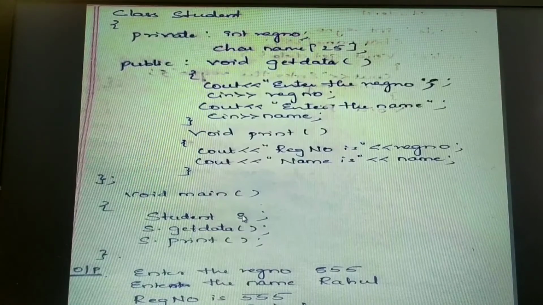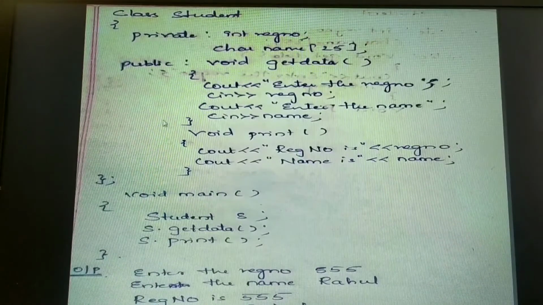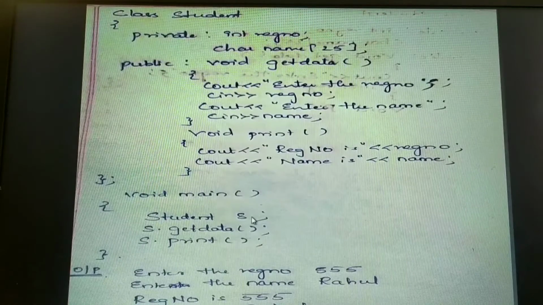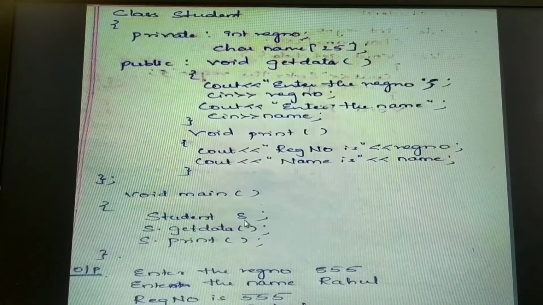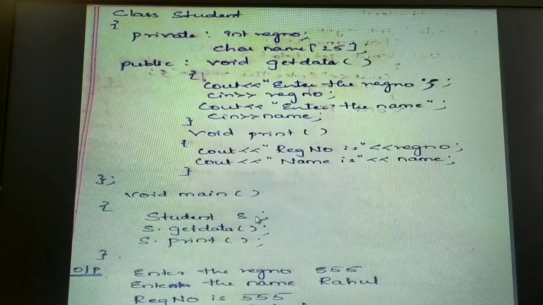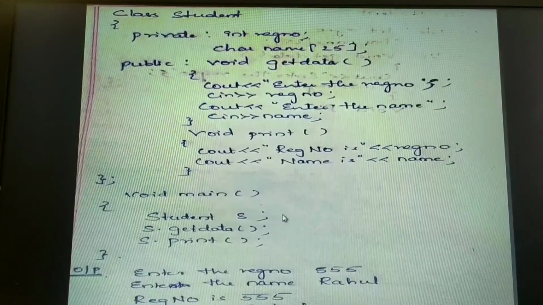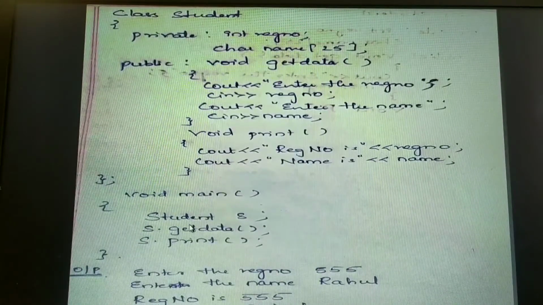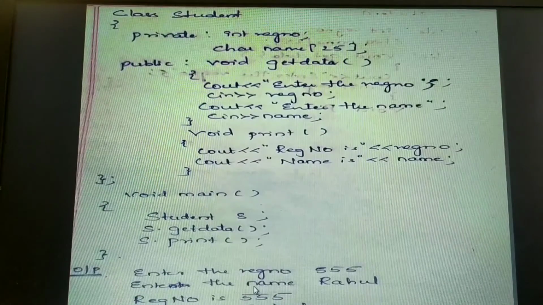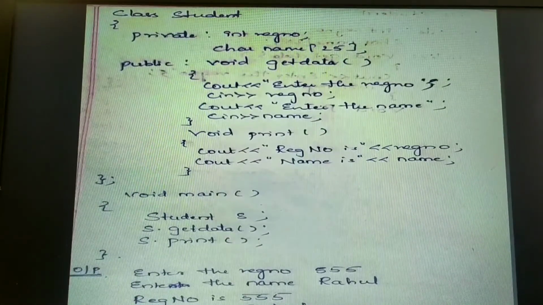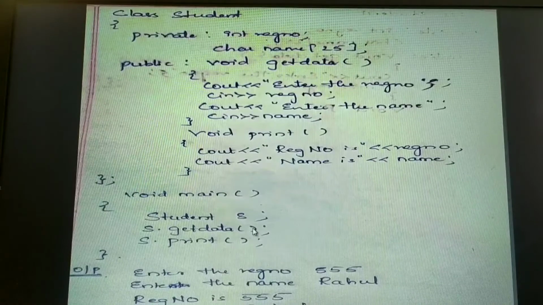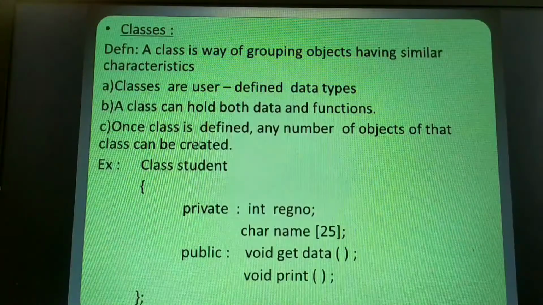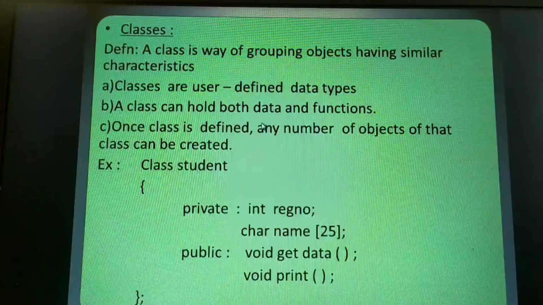That means how am I able to access these data members? By creating an object. So once the class has been defined, I can create n number of objects, more than one object I can create. Now I have only one, s as an object for the class student. I can create it like student s, st. st will be another object which is referring to the same class, that is student. Instead of s.getData, I can even call it as st.getData, st.print. The same functionality will be performed. That means once the class has been created, any number of objects you can create. So I hope all the points are clear in case of the class.